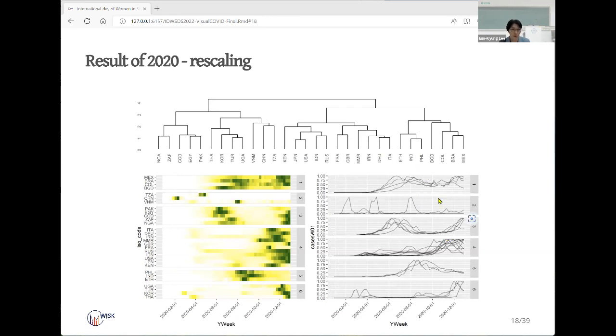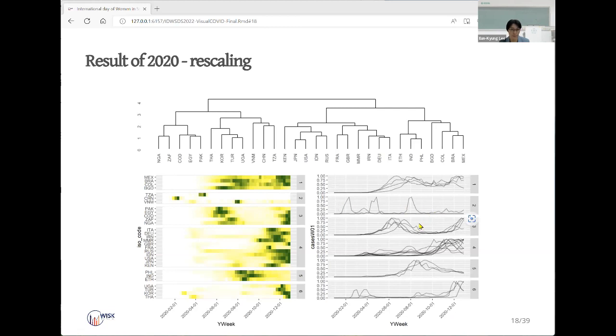Cluster 1 shows an increasing pattern of peaks in late summer, then decreases a bit and increases again. Cluster 2 shows quite different patterns. Tanzania has a peak in April, China has a peak in February, and Vietnam has a peak in August.